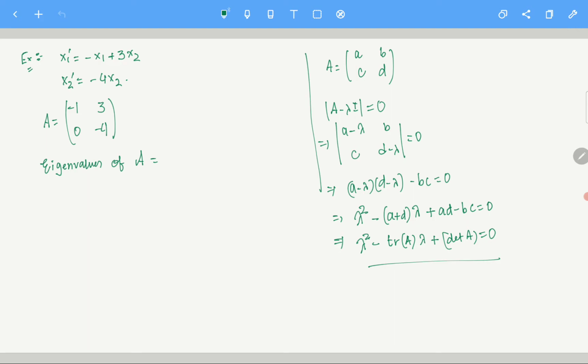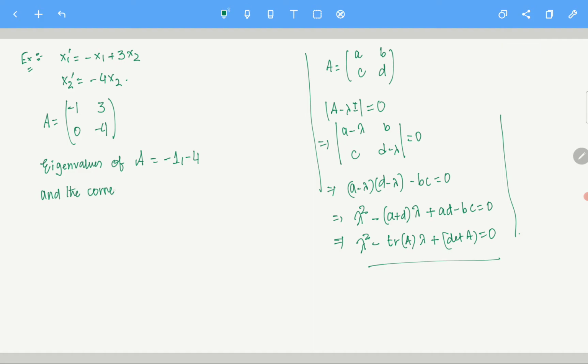So the eigenvalues of A: if you want to calculate them, you just put it in this formula and solve the quadratic. We are exactly doing that, but we will use this thing also later. I will show you how to work with it. There is something called a trace determinant diagram. Anyway, you can use this characteristic polynomial to find the eigenvalues of A, which I am not calculating, and you already understand that the eigenvalues are going to be minus 4 and minus 1.